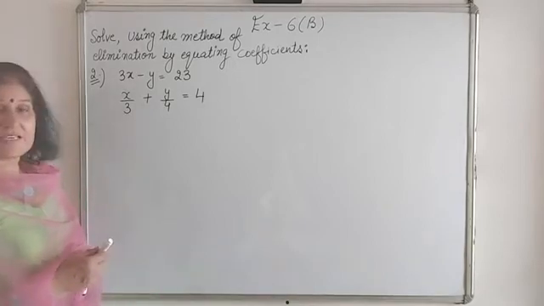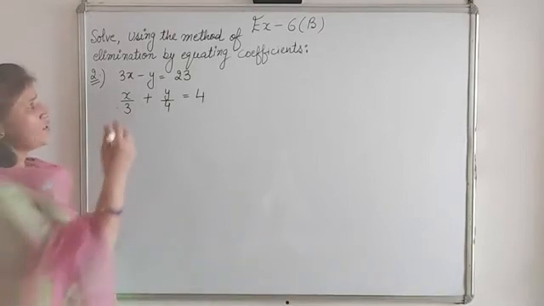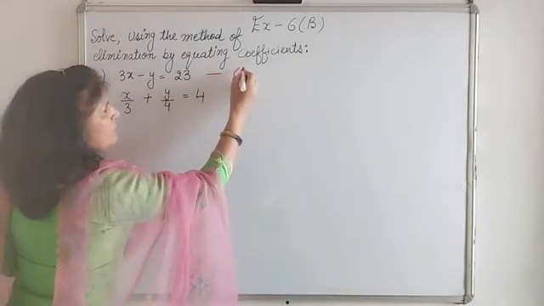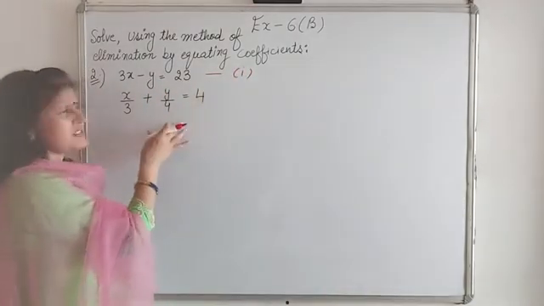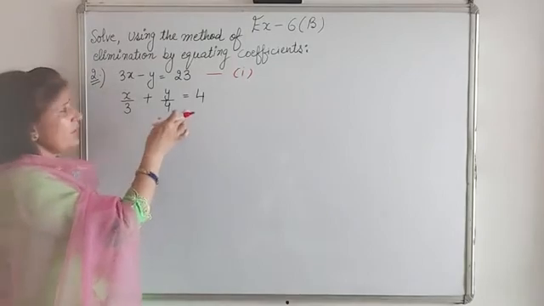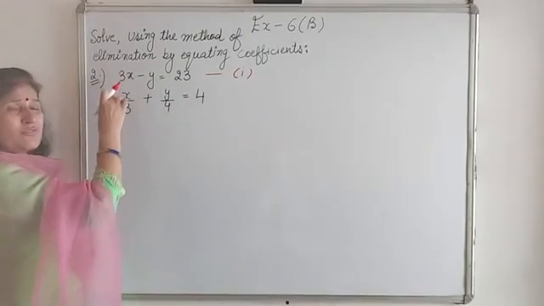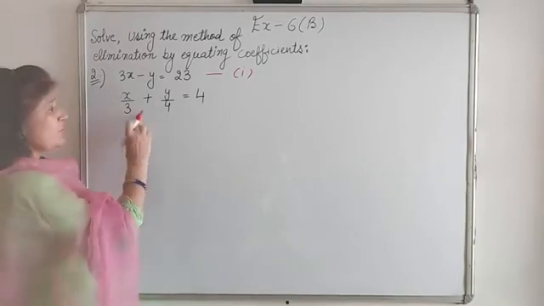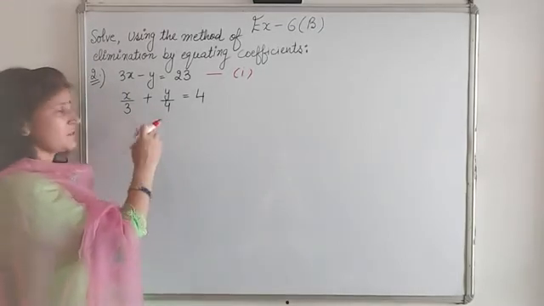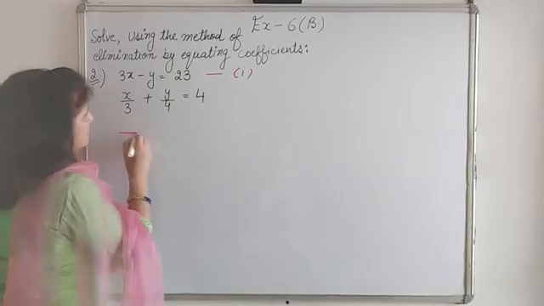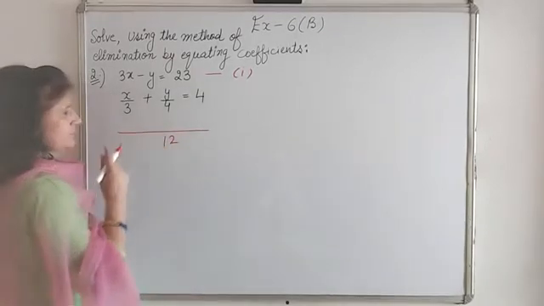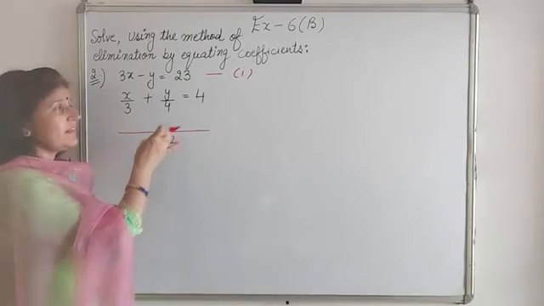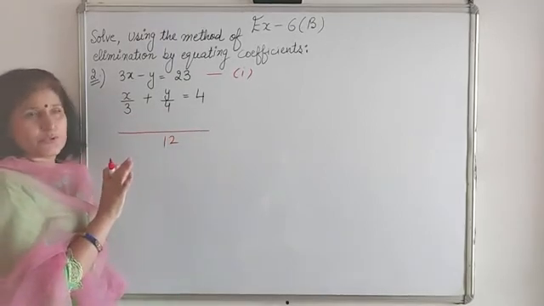So we start with second question. Here two equations are given. So we number them equation 1 and equation 2. Can you write straight away 2? If you write 2, then you have to compare the coefficient of either of the variable. So first of all, what we will do, we take LCM of this equation. LCM is 12. You can take together, otherwise take one part, solve it and then cross multiply. It is up to you.